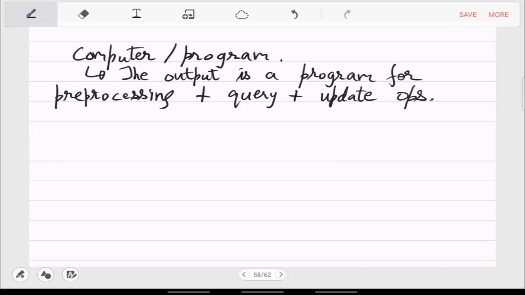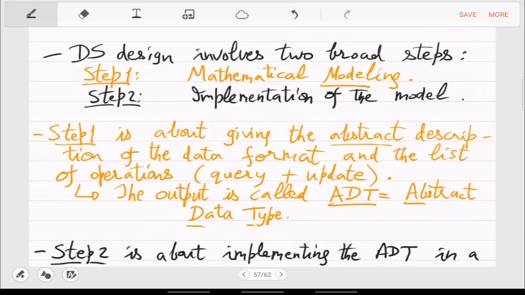Okay, so the distinction was not very clear in the previous example, because in the range min example, when we gave the mathematical model, we actually also gave the program. So the two things were just one, because it was a matrix.